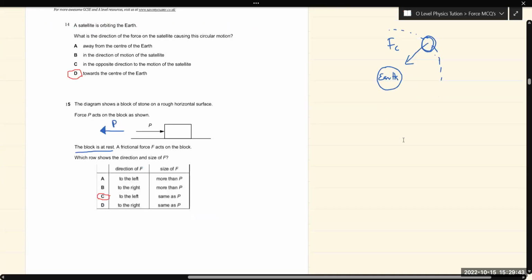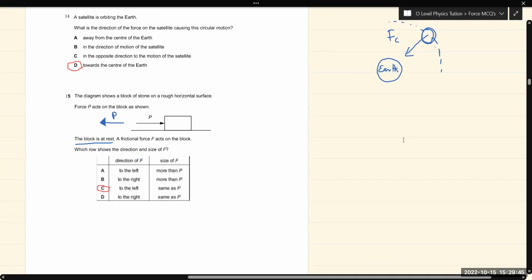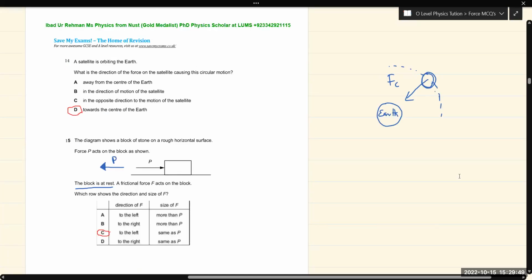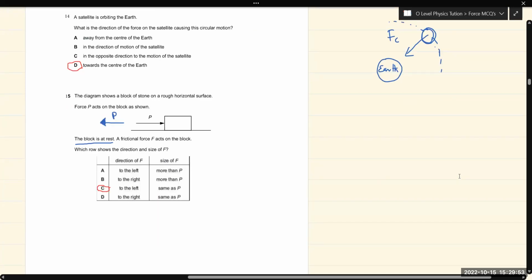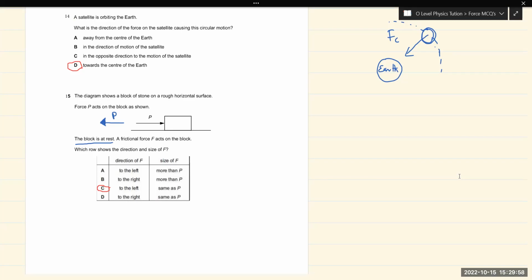A satellite is orbiting the Earth, and what is the direction of force on the satellite causing its circular motion? So towards the center of Earth. उसकी जो डायरेक्शन है वो towards the center of Earth होगी, जैसे हमारे पास मून की डायरेक्शन होगी।